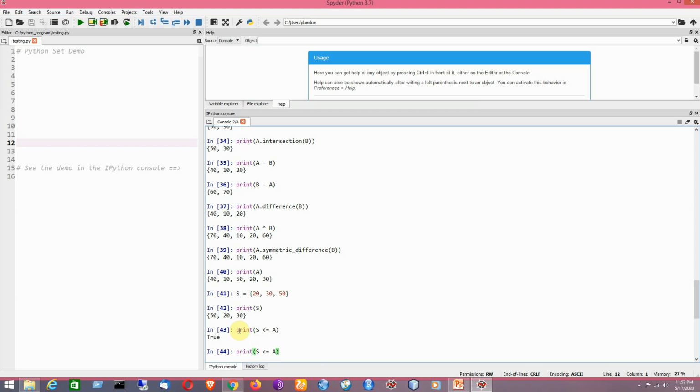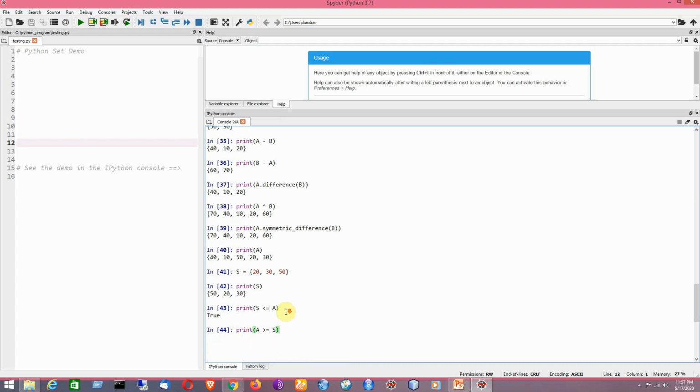Alternatively, we can also check whether set A is a superset of set S. The symbol is just changed. It is using greater than equal to.